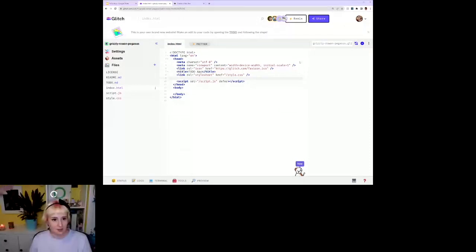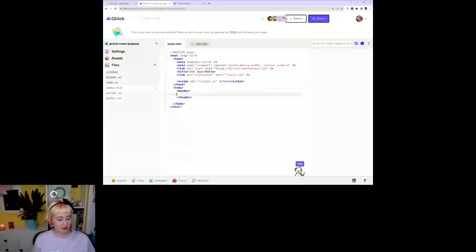So into the body, we're just going to add in a header, which is going to contain our H1, which is just going to be the name of the app. So mine to do that. And we'll style that up later. And then outside of the header, we're going to add in a main. And the main is where we are going to put our tasks in. And our task is just going to be a